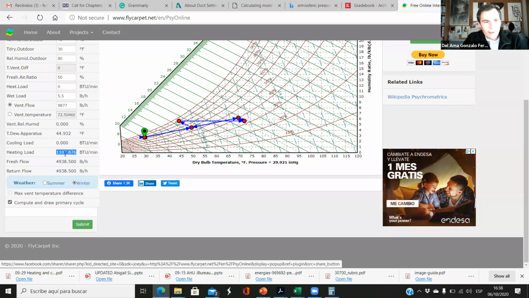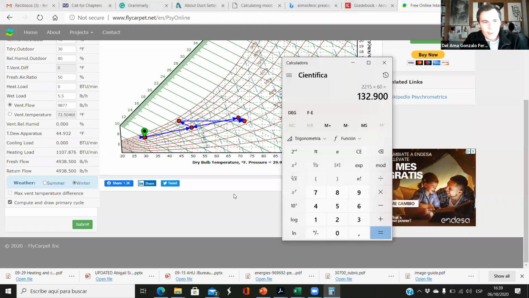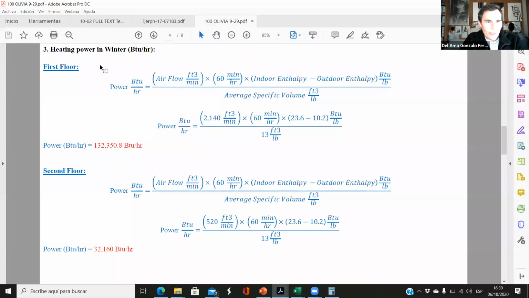So this heating load is 1,107 in BTU per minute. We have to turn this into BTU per hour, so it's 1107 times 60. Okay, so it's 66,420. So on this, when we are calculating the heating power in winter for the first floor, we should add